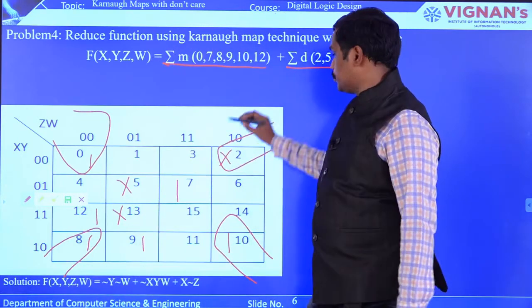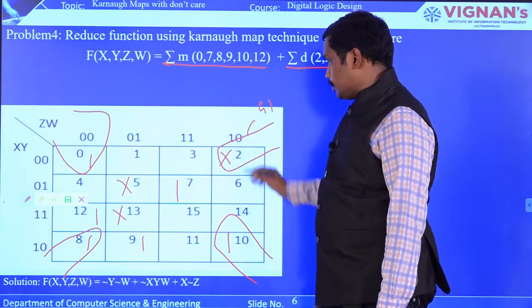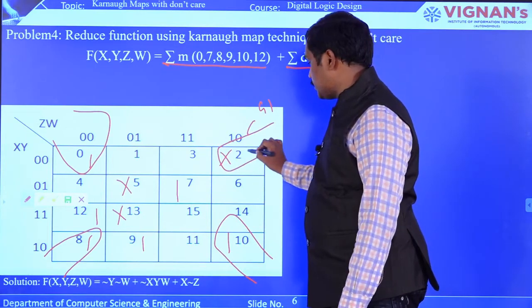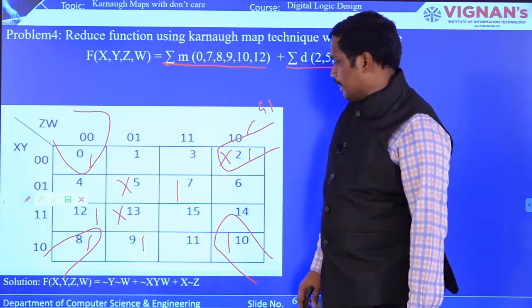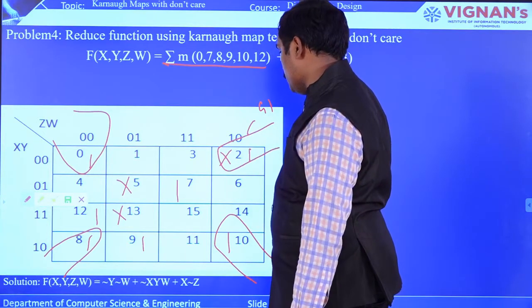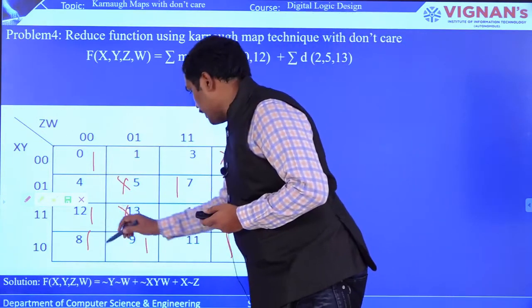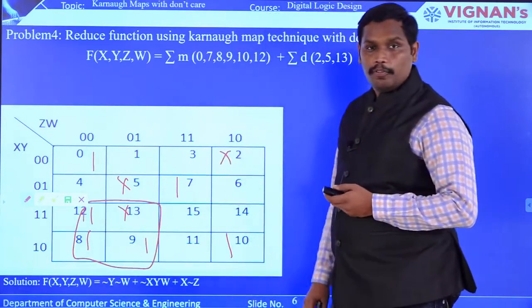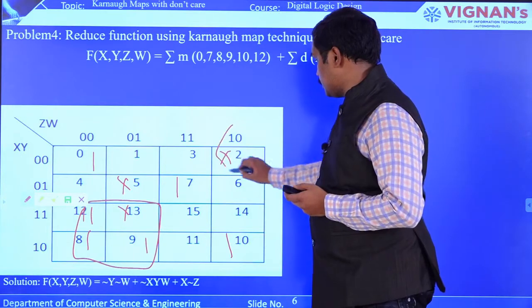Okay, this is one group. So we call it group 1. Since there is a possibility that you can form it as a quad, we'll replace that X with 1. Okay, and then the second group that you can have is, here you can make it as a quad, right? So this particular group of ones can be made as a quad as well as this part.